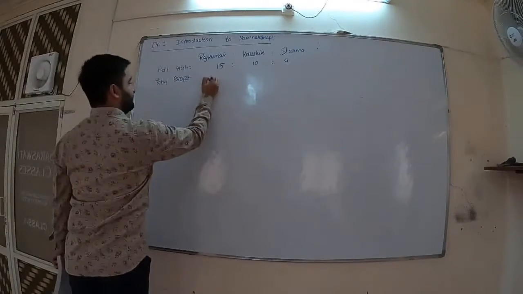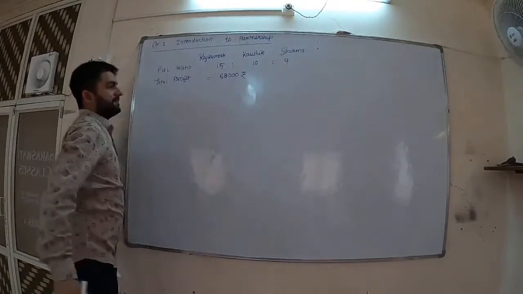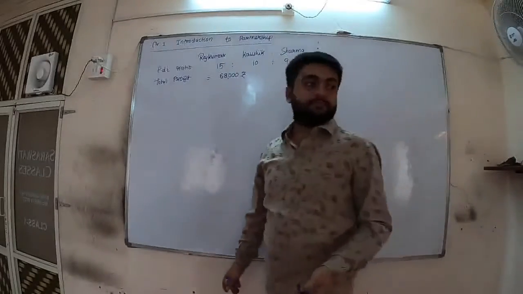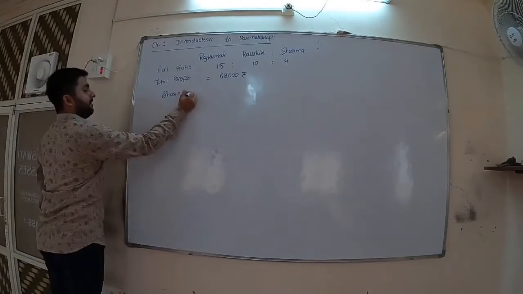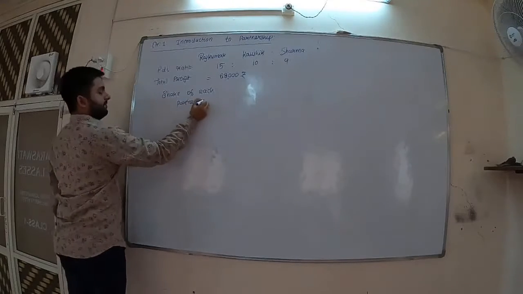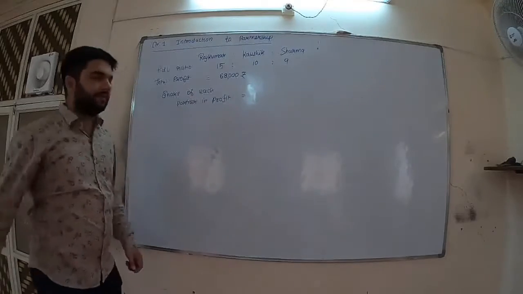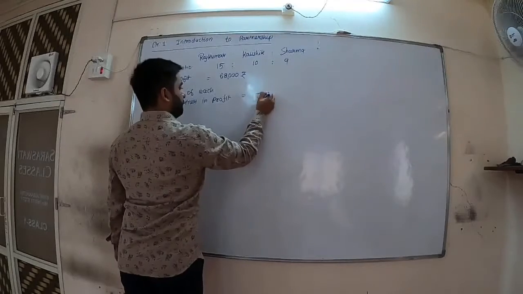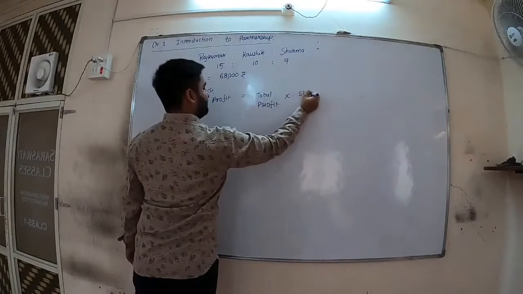Total profit 68,000 rupees. Okay. Share of each partner in profit. Here there is no loss, so I will write the profit is equal to total profit multiply